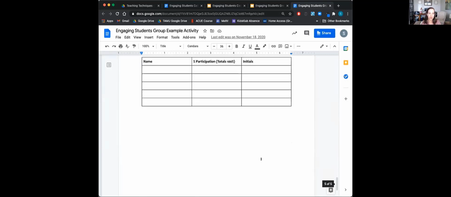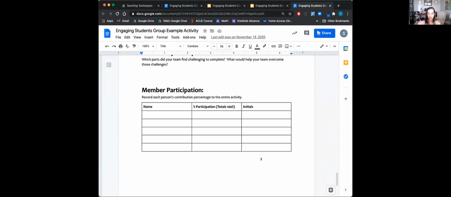That's not the right one I want to show you. So what I do here is they need to write their name, what percentage each person participated, and they put their initials kind of like a signature. And I tell them most of the time, these are going to all be even percentages, or it might be a 0 if someone wasn't there that day. But sometimes they might be different, and that gives them enough accountability that after the first few assignments, pretty much everyone's working their equal share, or they were sick that day, something like that. So this gives a lot of structure for them.